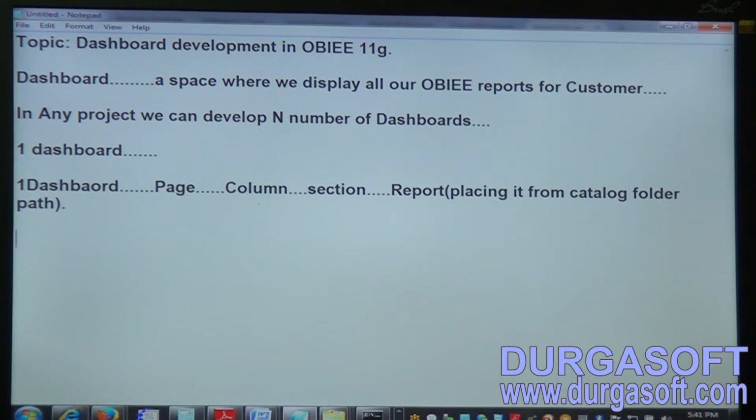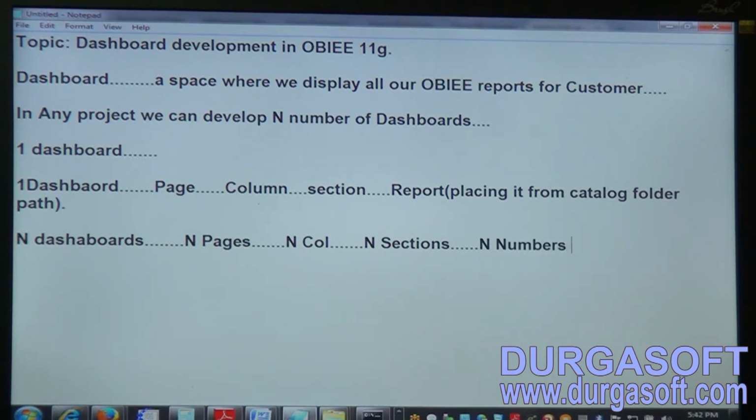A project can have a number of dashboards, and each dashboard can have a number of pages, and each page can have a number of columns, and each column can have a number of sections, and each section can have a number of reports.